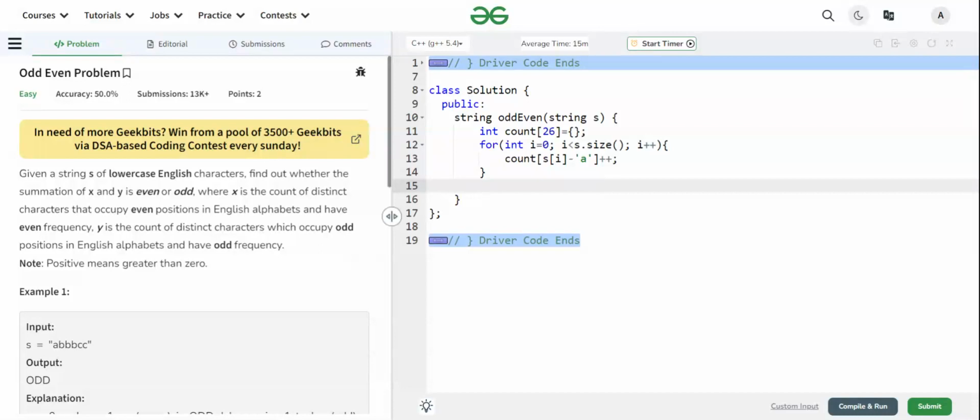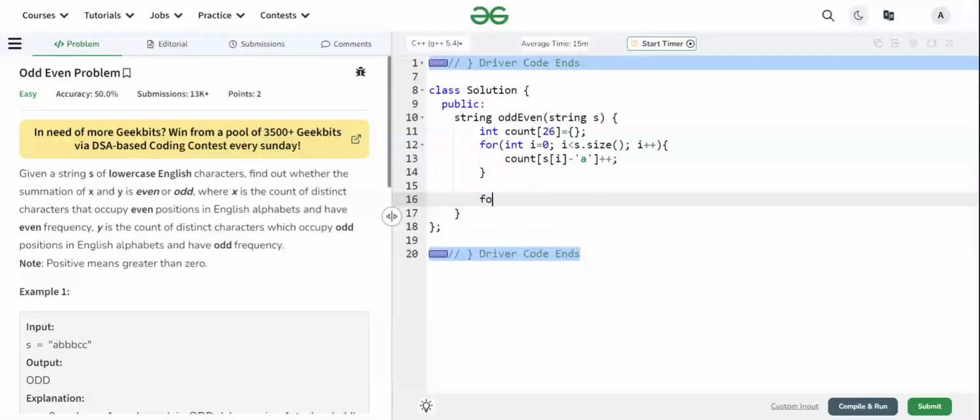Now again we will make a loop from 0 to 26, because we are now looping over the character count array.